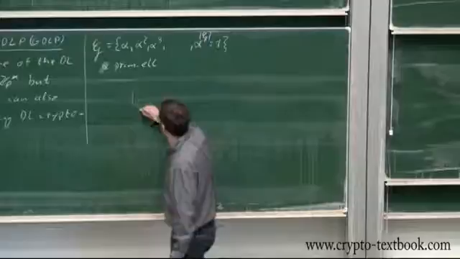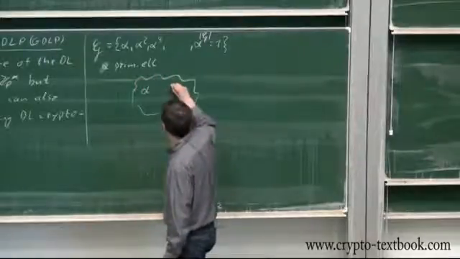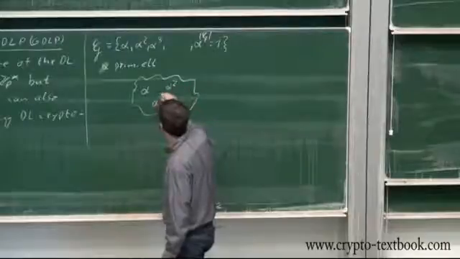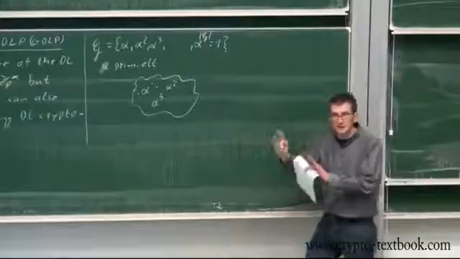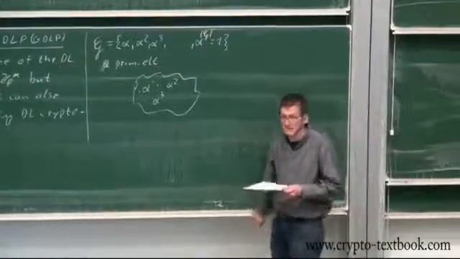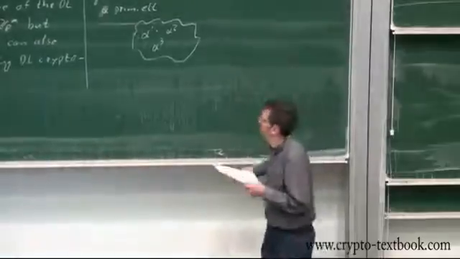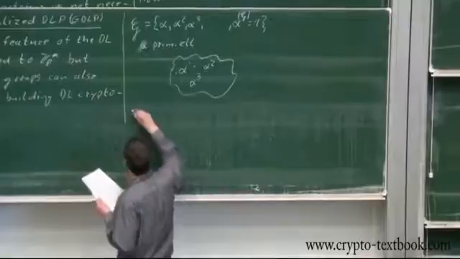That means, again, you have alpha, alpha square, alpha cube. Exactly what we had before, but this time it doesn't have to be Z_p. It can be any cyclic group. And now once we have that, we can define